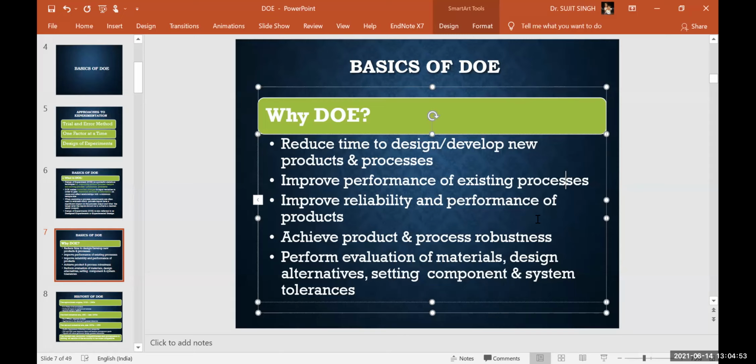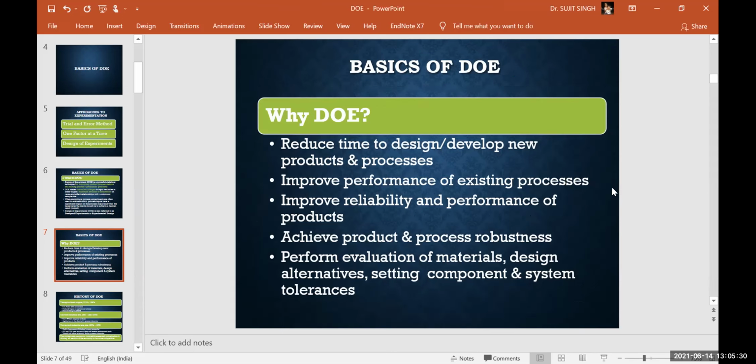If there are different design alternatives, each different experiment is a different alternative setting, and on which level, which factor, this kind of decision you are going to make to get the better, optimized response, whether that is larger the better or lesser the better. So that's why we require the design of experiment, right?